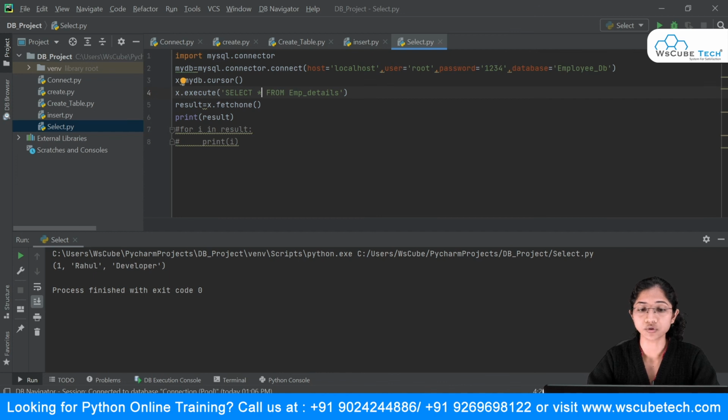And we even saw how you can make use of this for loop in order to fetch the results, because if you print it without the for loop, it will give you a list, and inside that list you are going to get the tuples of those records. But in case of this, we were getting one tuple, then second tuple, and third tuple. So that is easier to read and understand. And then we even saw how you can make use of this fetch one method, and it will fetch one particular row, the first row from your table, and display it over here. So I hope you are clear with how you can make use of this select statement over here.